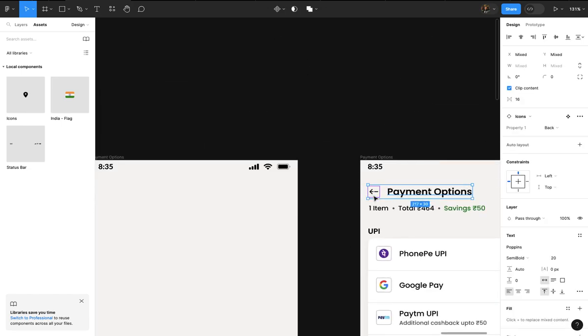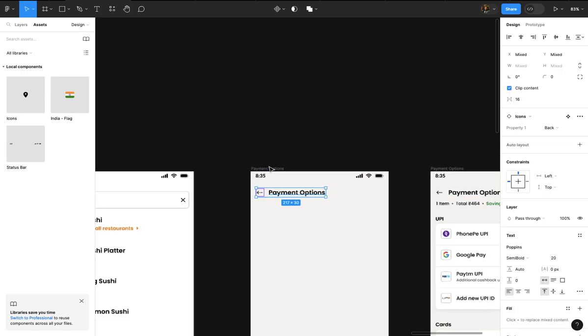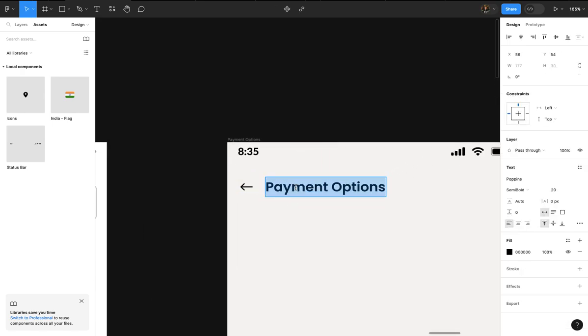Copy this part, payment options. Maybe we shouldn't have deleted the payment options part. Anyways, this is our